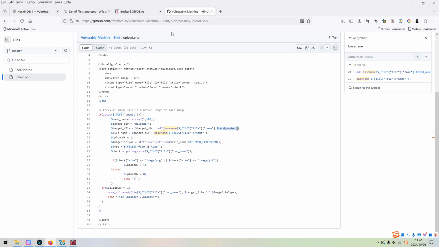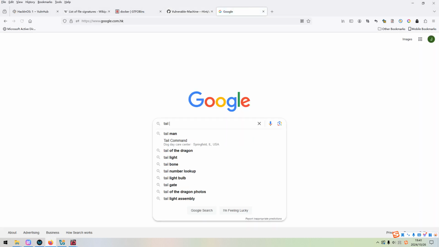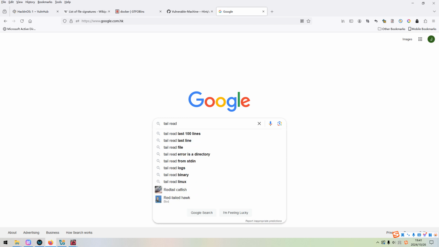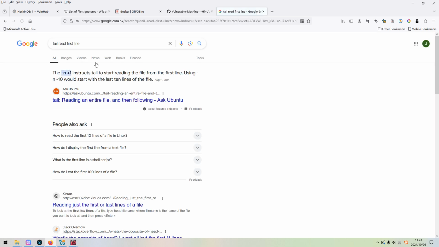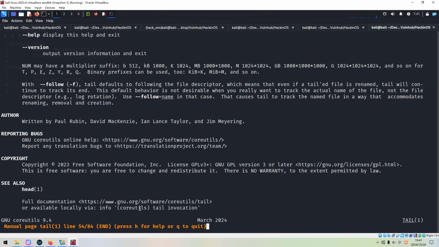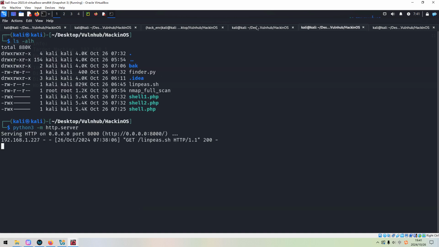Don't worry, we can use Google to do some research. Read first line. Okay, I think we can use this. Doesn't matter. We have already got its usage.